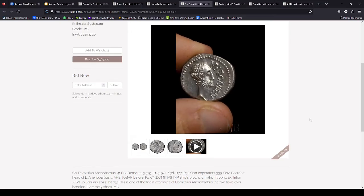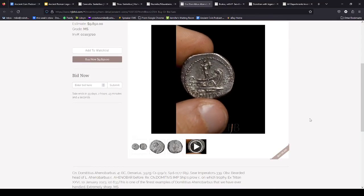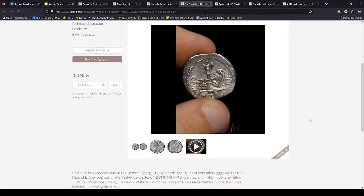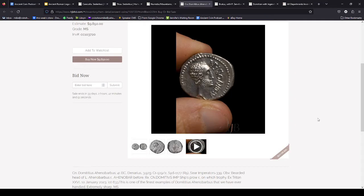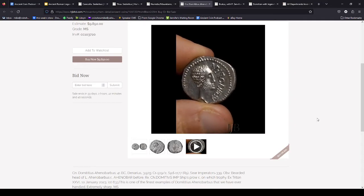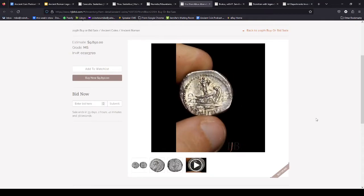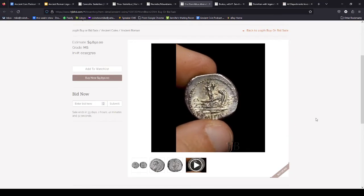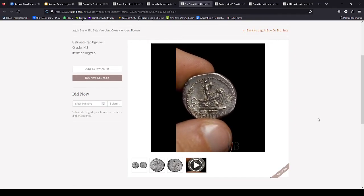And obviously he went down after Octavian, who later becomes Augustus, and Mark Antony wins in the civil wars, and Ahenobarbus dies in 31 BC. This coin we actually bought from a dealer who bought it from the Triton sale in 2023. So we didn't pay the price that it sold for, and this is where a lot of people always think, oh, they just bought it out of Triton in January and now they see our profit. Well, no. We bought it from another dealer who bought it out of the sale, and the photograph actually in